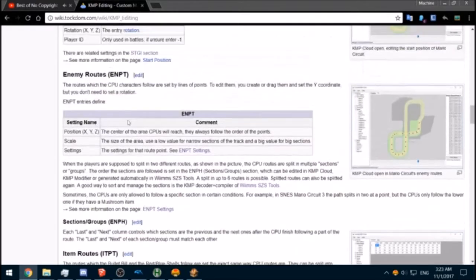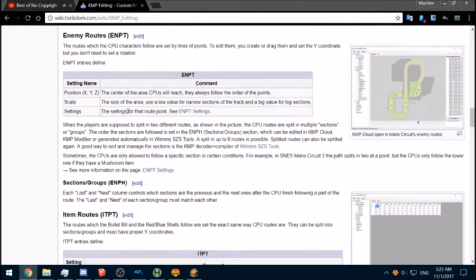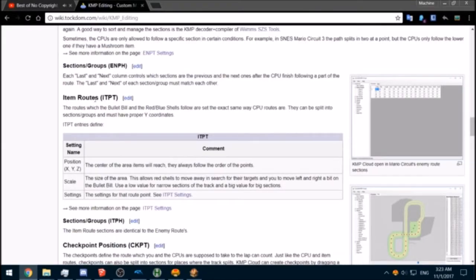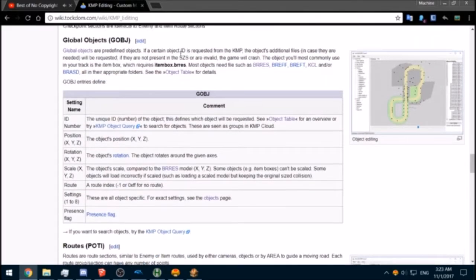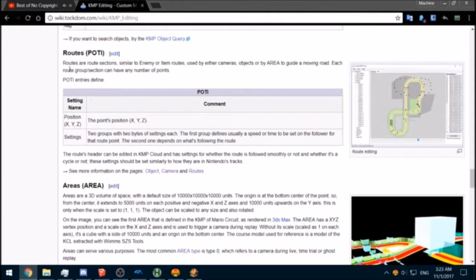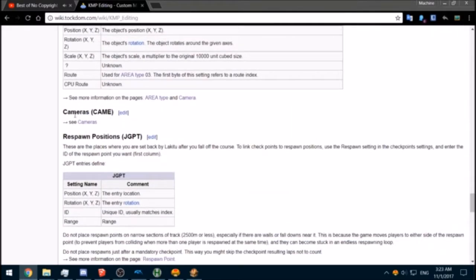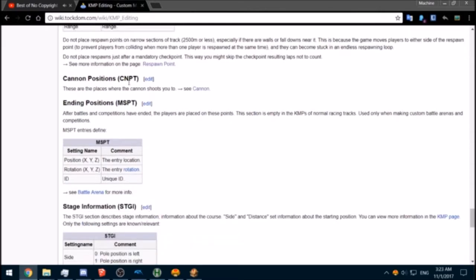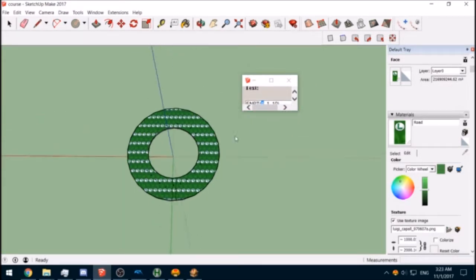So yeah, you have checkpoints, you have enemy points, start points, item routes, global objects, those are like item boxes, routes, area, cameras, respawn positions, cannon positions, ending positions. So anyway, right now we are not going to worry about most of that stuff.